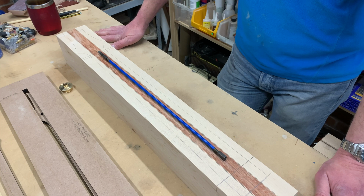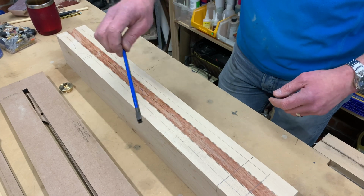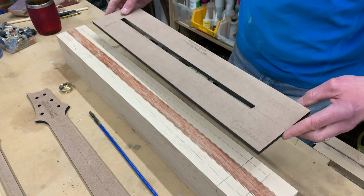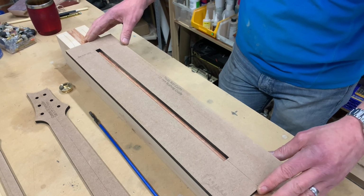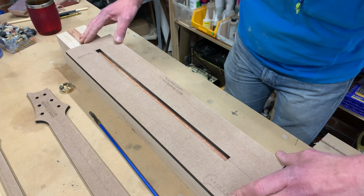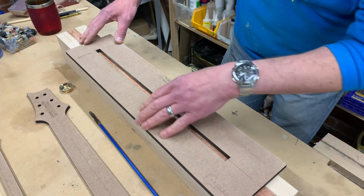Can't believe I forgot about that, to be honest, until I was marking it up, but there you go. That's what happens when you're trying to film myself doing stuff. So I'll be using this jig to route that out with a 6mm router bit to a depth of approximately 9mm,